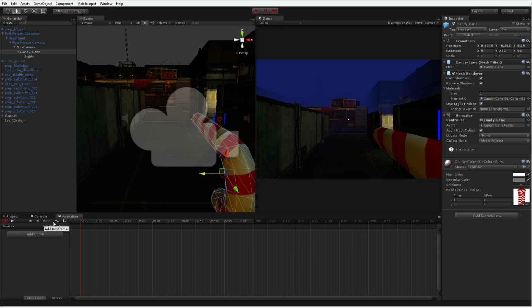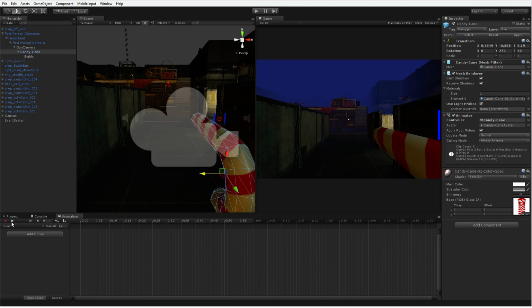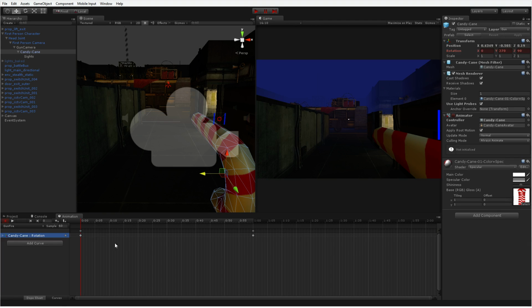And so what I'm going to do is go into record mode. Or you know what, I'm not. I'm actually going to not go into record mode. I'm just going to click add curve, transform, rotation. And what I'm interested in is the Z rotation. All right, so let me just go ahead and remove that. And this is going to be a fast shot, right? And so we don't need a start and end frame. We're just going to deal with a single frame of animation here.